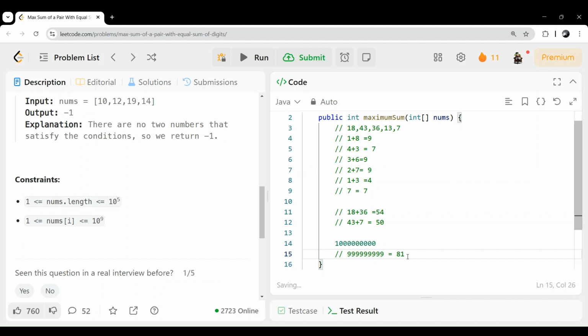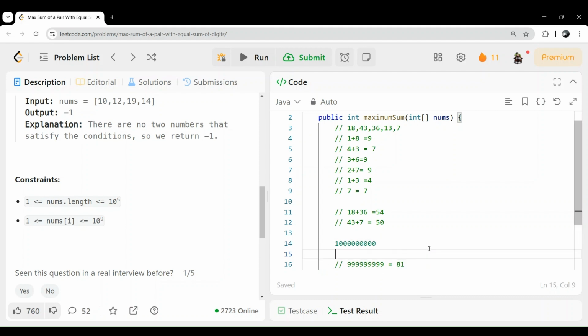That means our sum will be from what? Let's say we don't want a list. Instead, what we will do is consider that the maximum is an 81 sum. So we can maintain an array of sums from 0 to 81. For that sum, how many numbers are we getting?